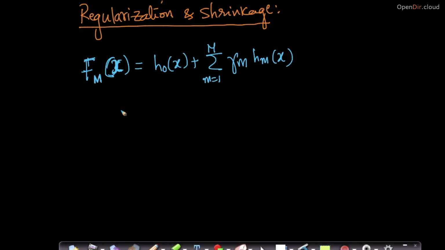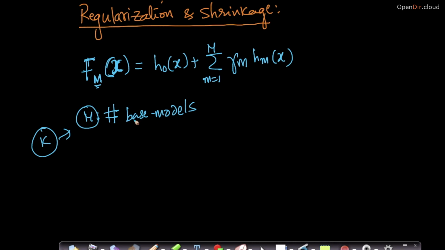Now, one thing you'll notice is as m increases, what is capital M? M is basically the number of base models. We also used k for this earlier. Earlier in the videos, we said k is the number of base models, but I'm using m here because we saw on Wikipedia that they use m. So whatever variable we use, as the number of base models increases,